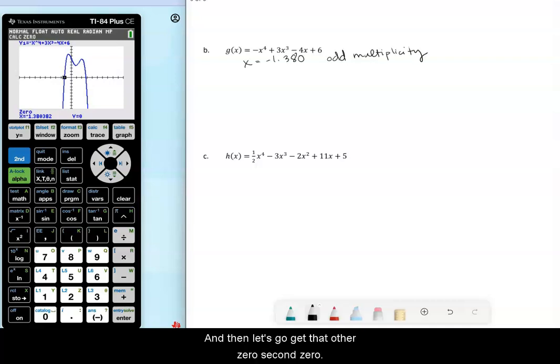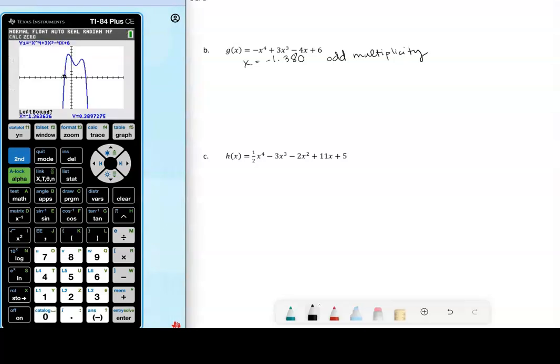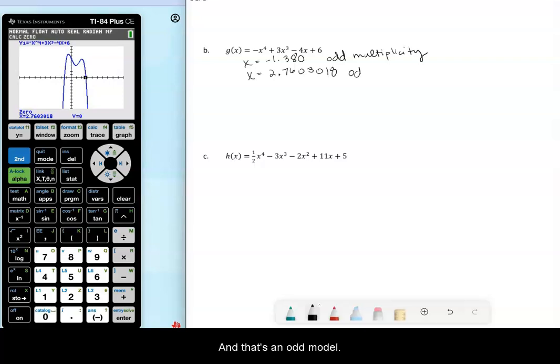And then let's go get that other 0, second 0, number 2. And we notice that if I'm tracing from the left, I go from a positive to a negative. So watch those numbers. That's still positive. I'm going to drop that as my left bound. And then when I hit that cursor one more time, my y changes to a negative. So I hit enter. And there's my guess. So we get x equals 2.7603018. And that's an odd multiplicity